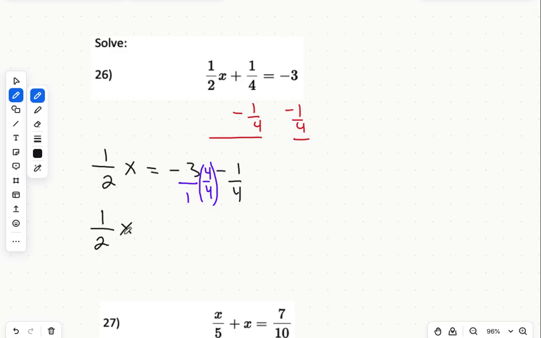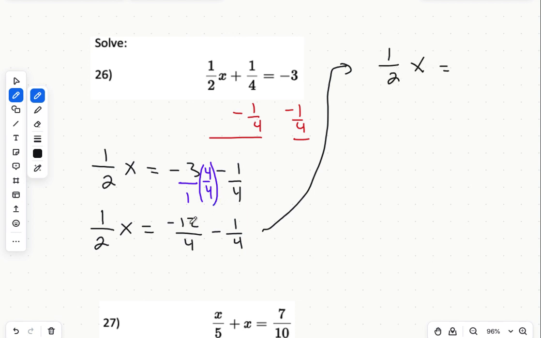So now we have 1/2 x equals, that would be negative 12 over 4, and then minus 1 over 4. So now we're at 1/2 x equals minus 12 minus 1 would be minus 13,